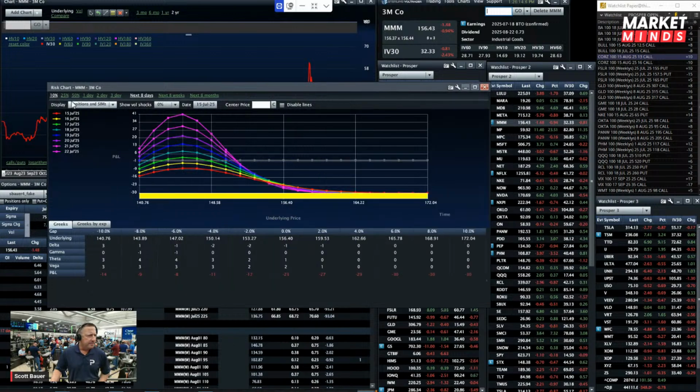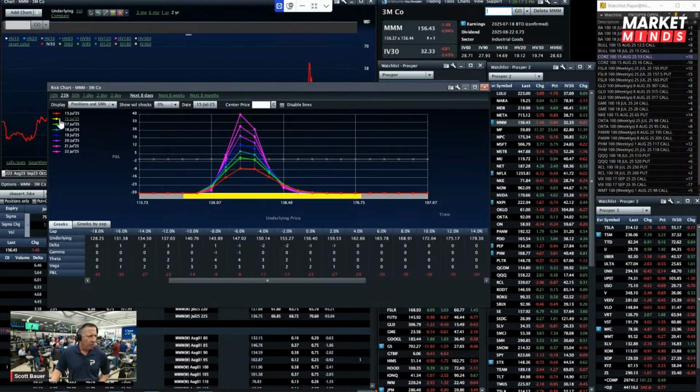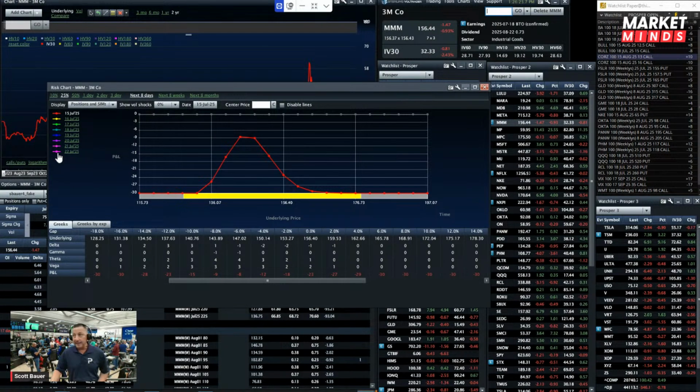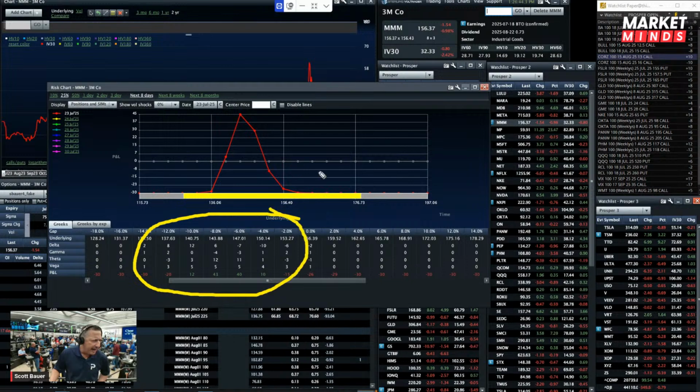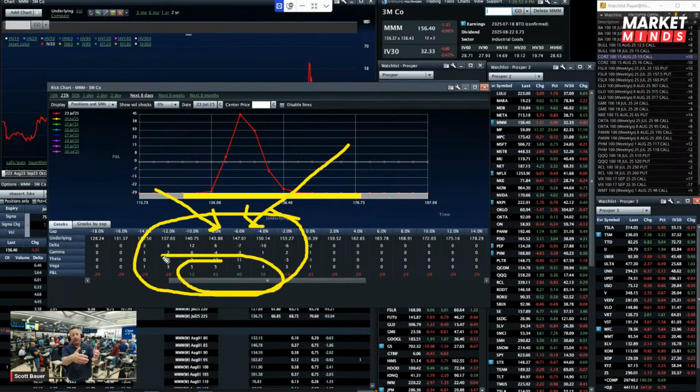Okay. So here is my risk graph. What I'm going to do is bump up the date, because remember, the short option we're using here is next week's option. So I'm going to bump up the date here to mid next week. And our target, as we know, we always want stock to move to the short strike, 145. So if we got that move, that's what the profitability is showing with the adjusted implied volatilities.